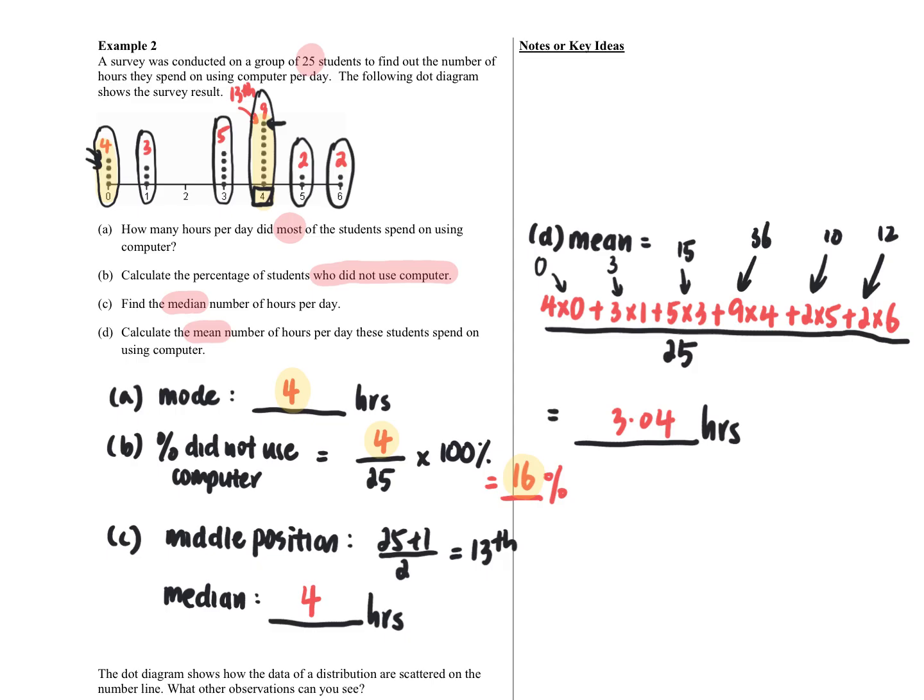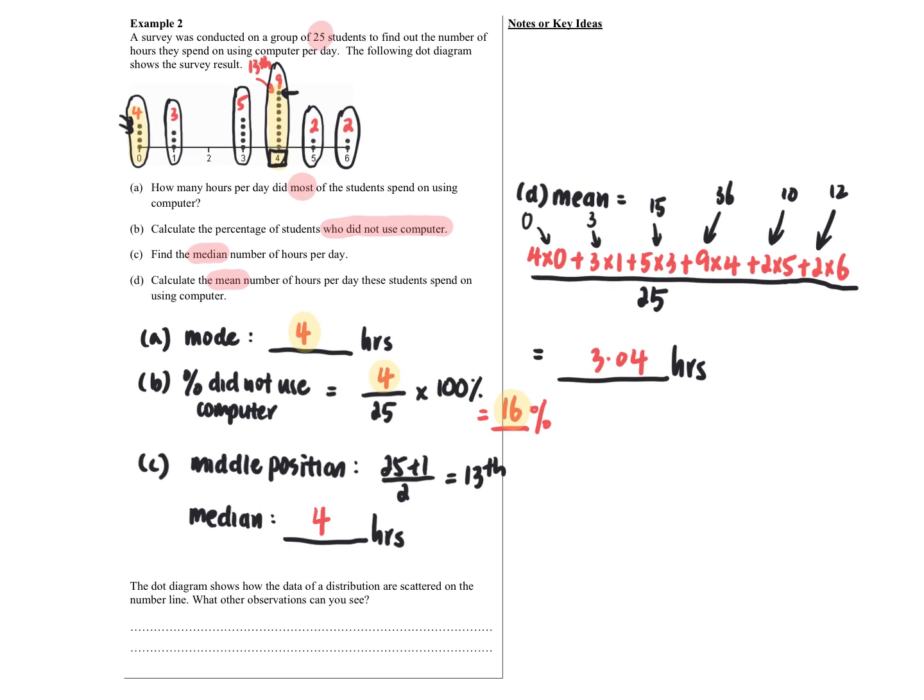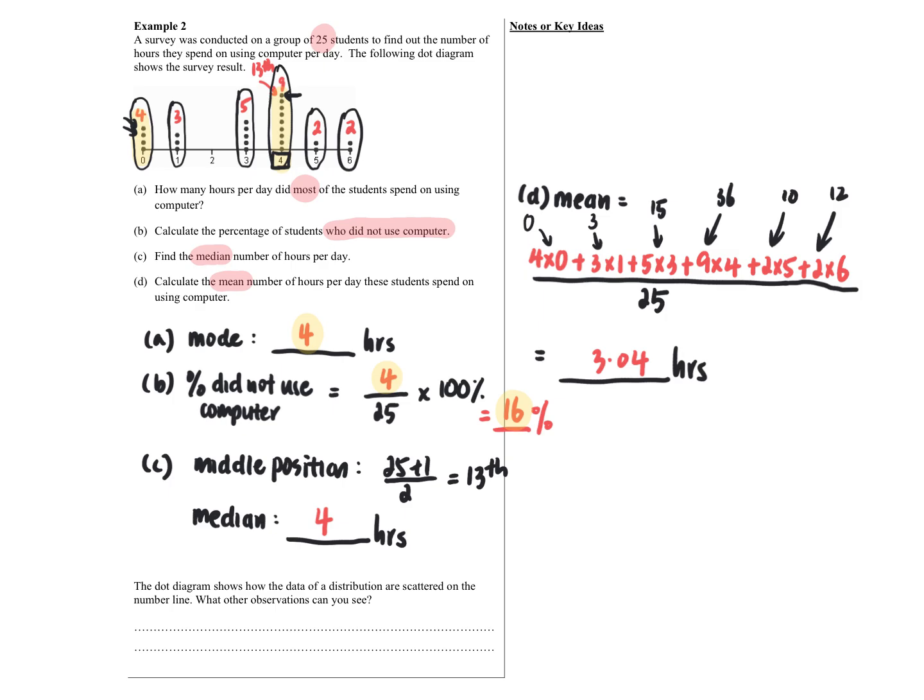Not so complicated, right? You should get better. So one last question they ask you. The dot diagram shows how the data is being distributed by scattering the data along the number line. So what other observations can you see? If I were to try to estimate the spread, that means if let's say I were to join the topmost,